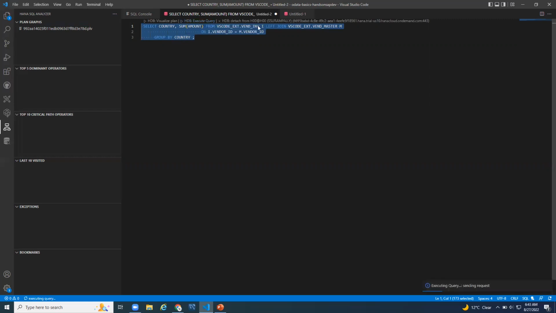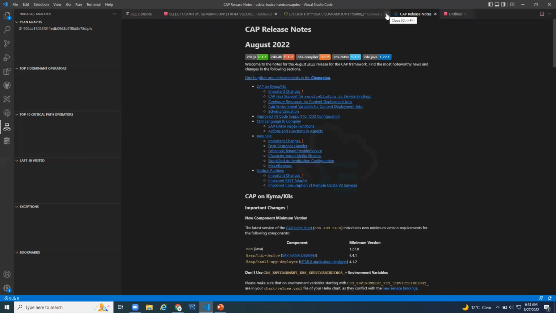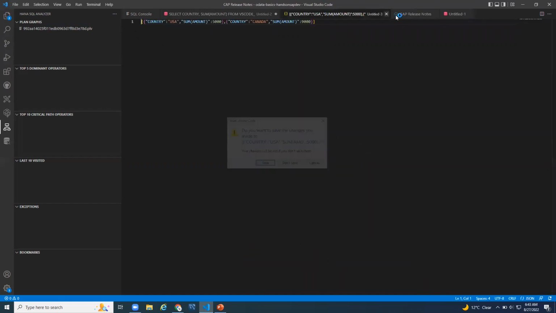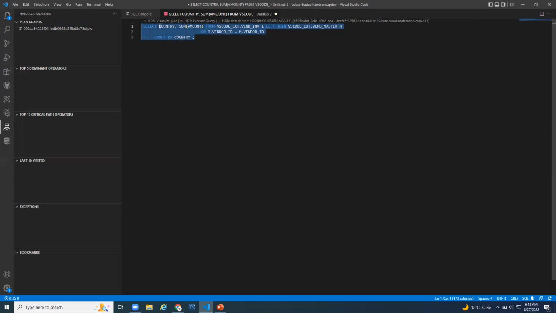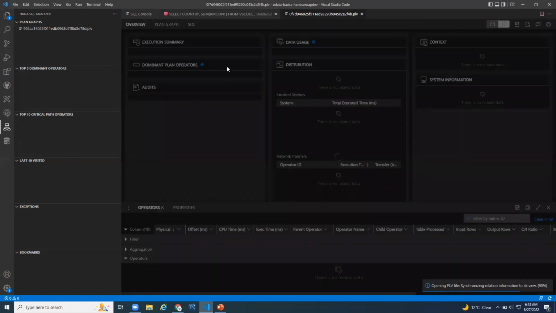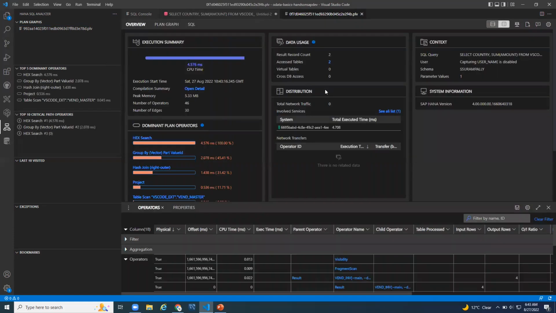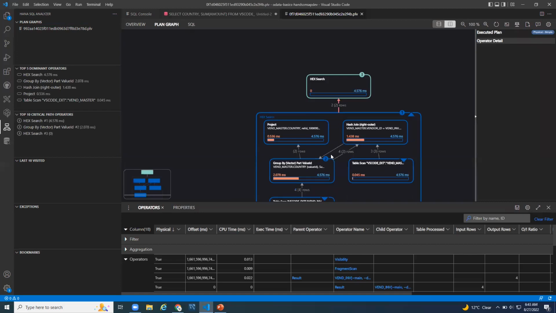You can run this. It's going to open your data in JSON, which is not what I wanted. So I'm going to cancel this and come back and then see that visualized plan. So I'm going to run this one. It is going to invoke the SQL tool for analysis and show me all the execution plan, execution time and plan graph, everything visually. You got something very similar in HANA Studio or